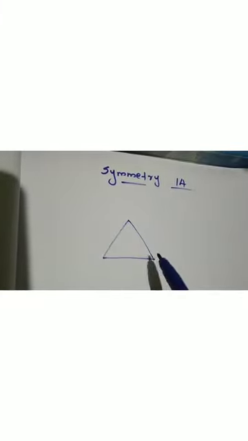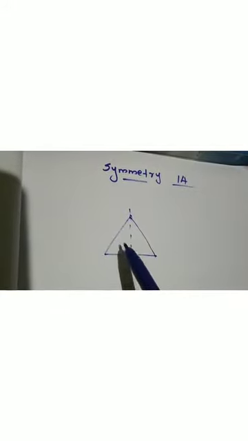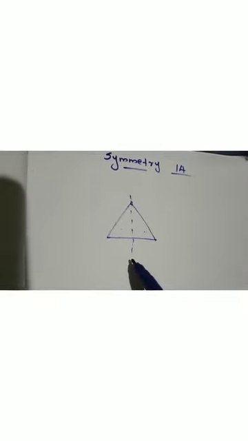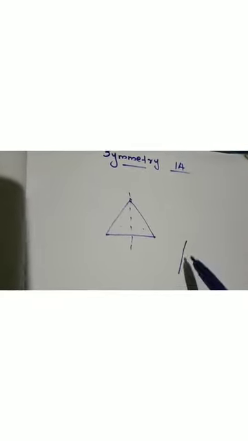This is symmetry, okay? If we draw a line, we will get the correct half of this part here. Okay, both sides will be equal in shape, angle and so on. Okay, that is the symmetry. For this triangle,